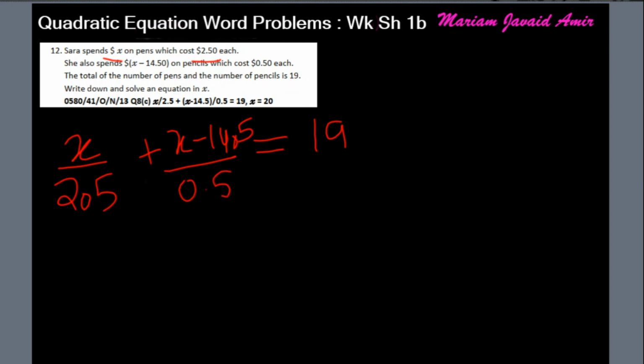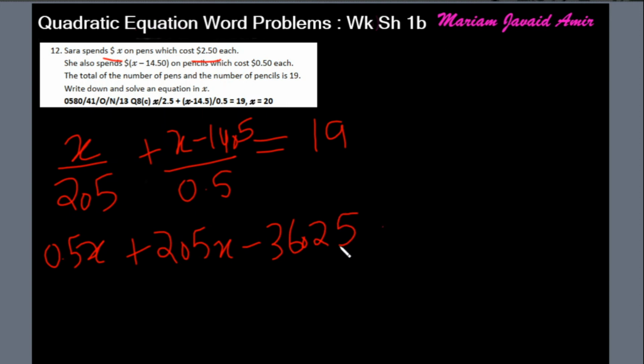So total pens plus total number of pencils equals 19. Now take LCM, and we will get X times 0.5 plus 0.5 times x plus 2.5x minus 14.5 times 2.5 becomes